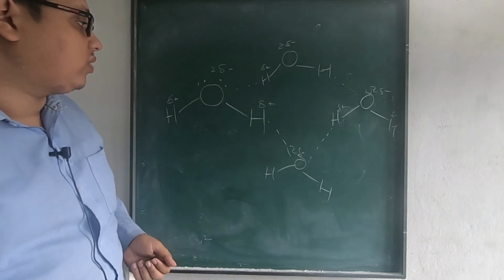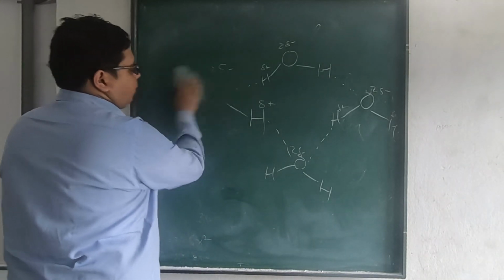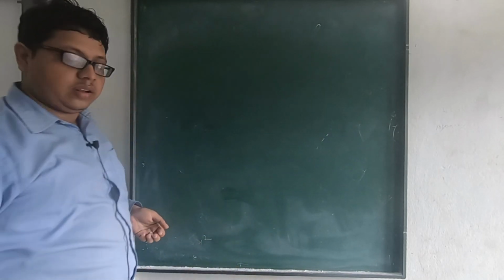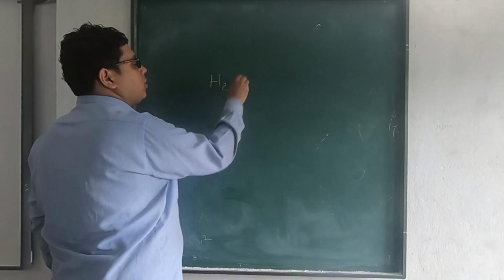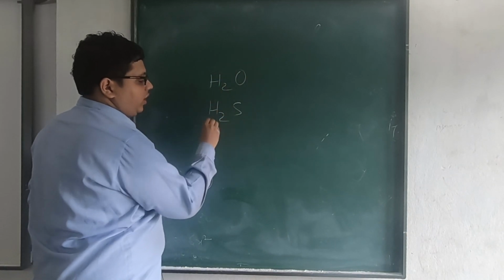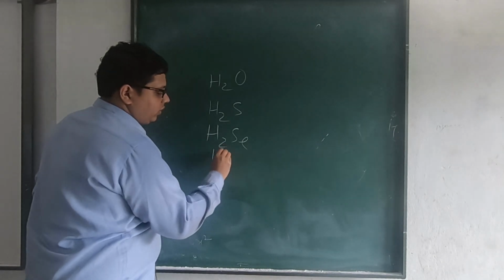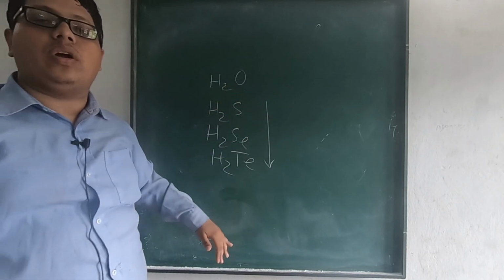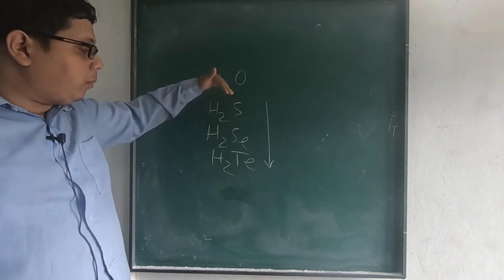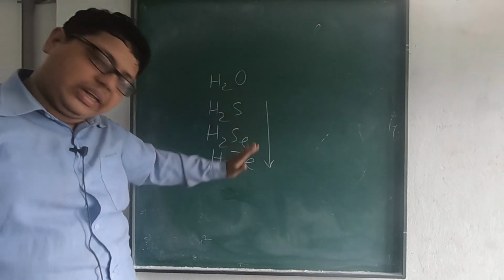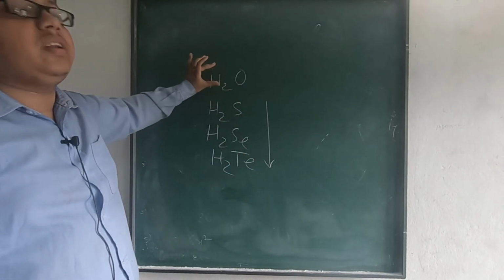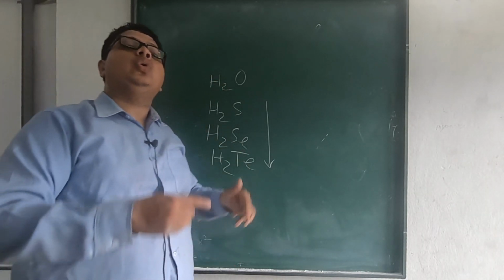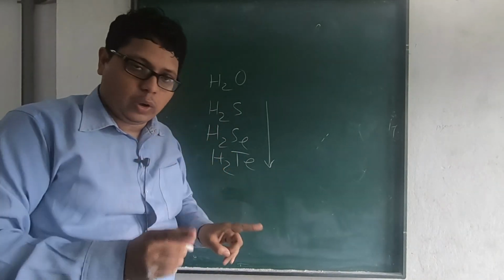Now since it is not present in any of the other hydrides, they follow the general trend. H2O is the exception, but the remaining H2S, H2Se, H2Te will follow the general trend, because in those only the van der Waals force is working. So if I go down, the melting point or the boiling point, both will increase as we go down, but not in this case. This is an exception. This is greater than this fellow, greater than all. It should have been the lowest, but not, due to intermolecular hydrogen bonding.